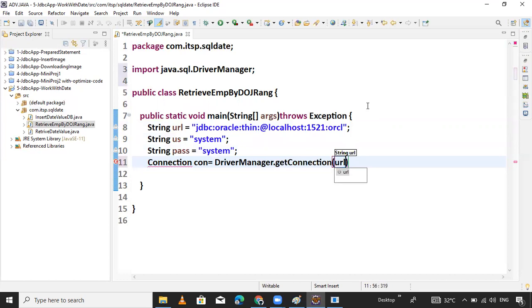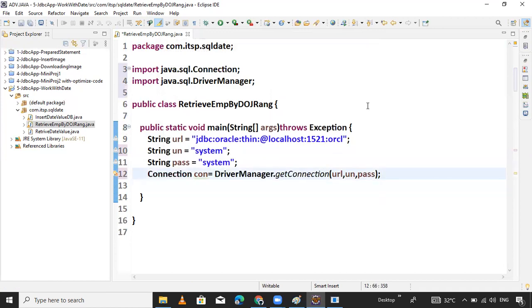Pass the URL, that's it, comma, passing the UN means user name, not US. Okay, UN, comma, pass the password. Import the package with Ctrl+Shift+O, java.sql.